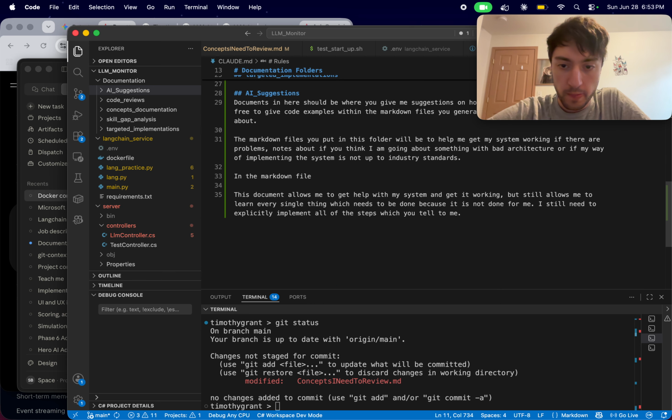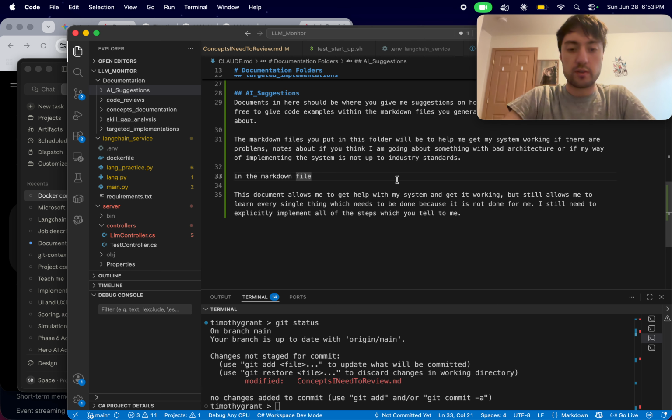Okay, cool. So now in the markdown file, give step by step